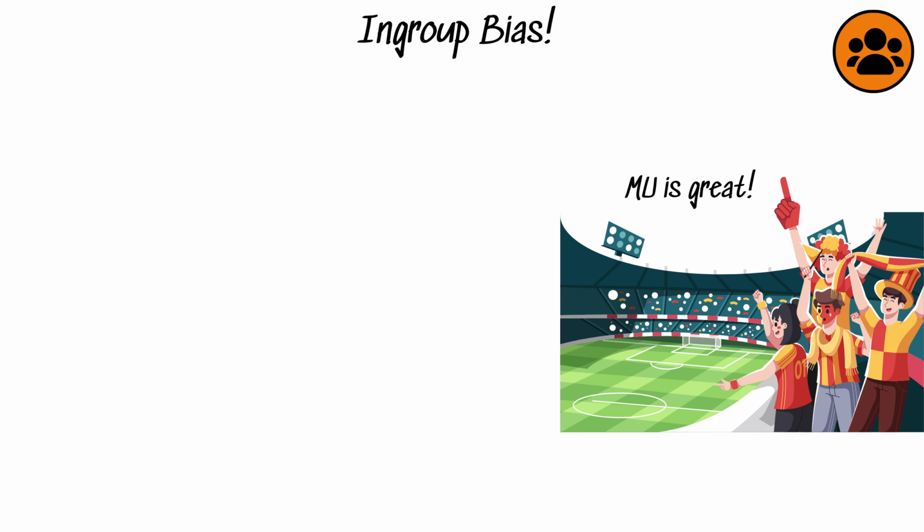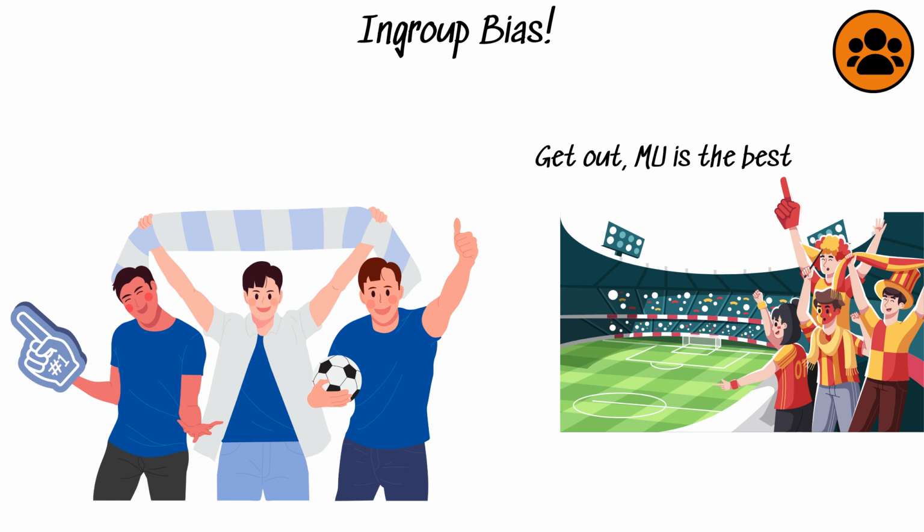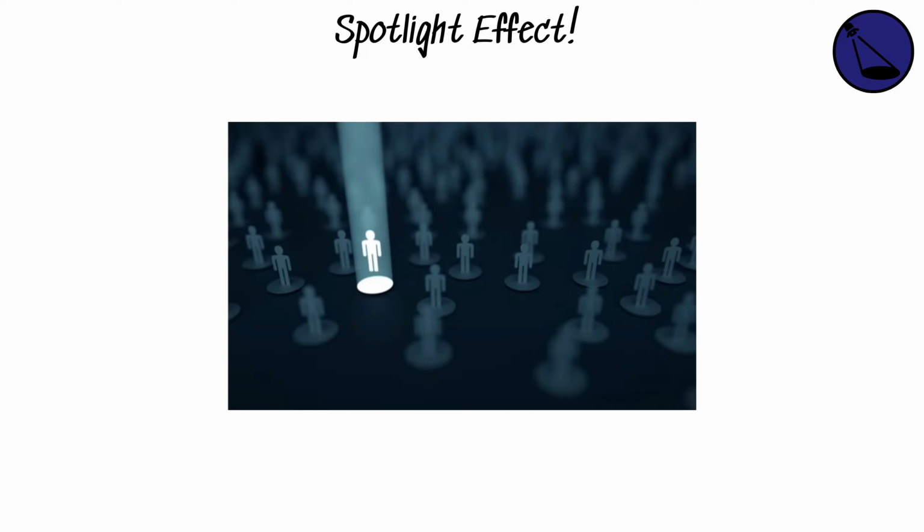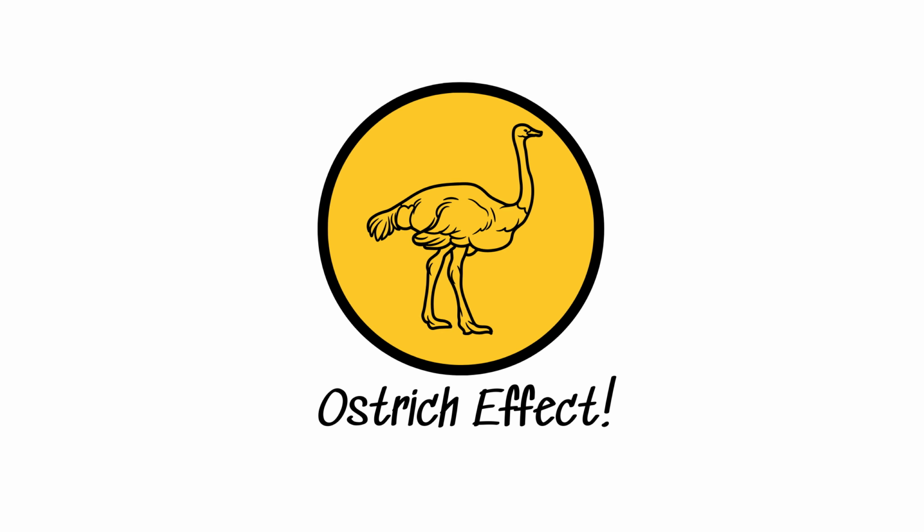In-group bias, the inclination to prefer individuals perceived as part of one's own group, which is influenced by the mere exposure effect. Spotlight effect, overestimating how much others pay attention to and focus on one's appearance or behavior. Choice supportive bias, recalling one's choices as superior to reality, assigning positive traits to selected options and negative traits to those left unchosen. Ostrich effect,